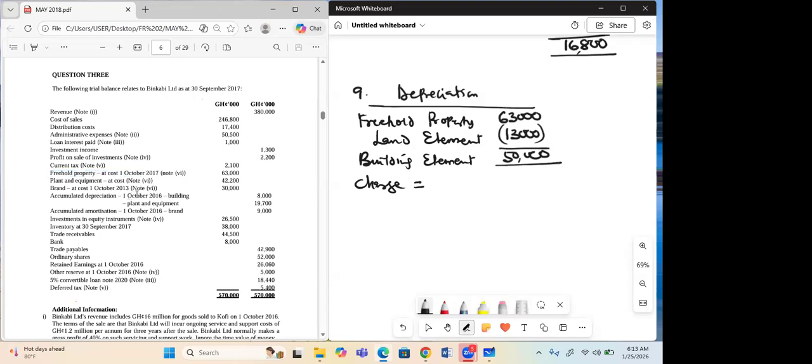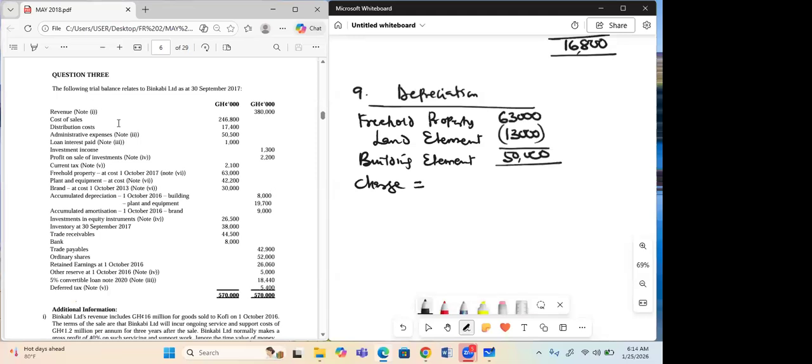That is 10 years. Can you see it is 10 years? Yes. So they've used it for 10 years. Meanwhile, they are telling you that accumulated depreciation as at 1st October 2016 was 8,000. So if the thing has been used for 10 years and it has accumulated 8,000,